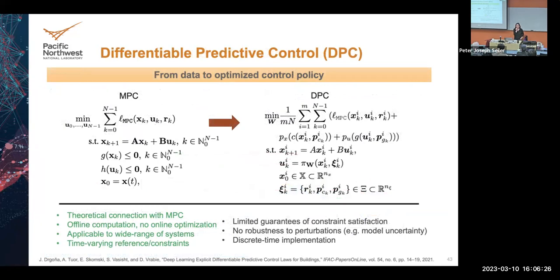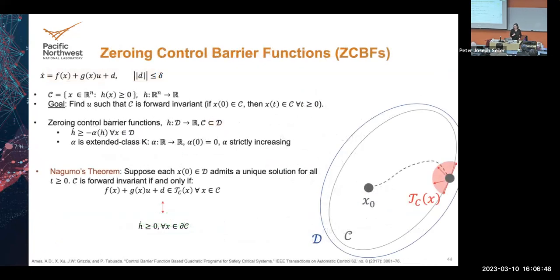Now, how do we look at safety? I'm coming close to the end, so this is almost the last part of my presentation. There is nothing here that will ensure that the states will always stay within a particular area. So the way we started looking at this was by introducing the idea of control barrier functions. We just started looking at this. We have one publication and a couple of others under development.